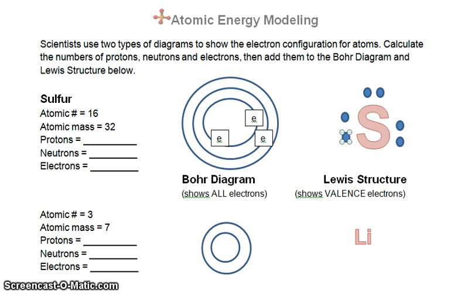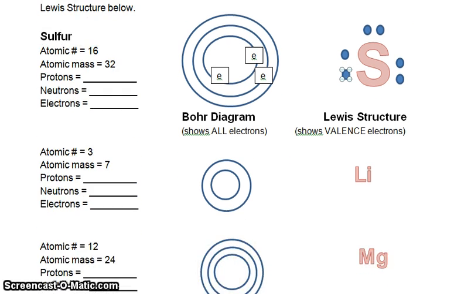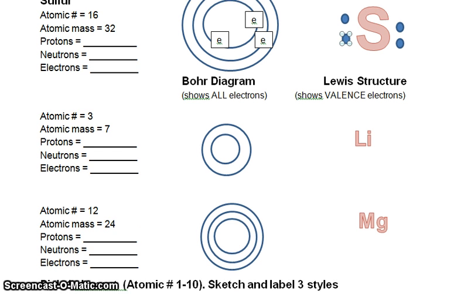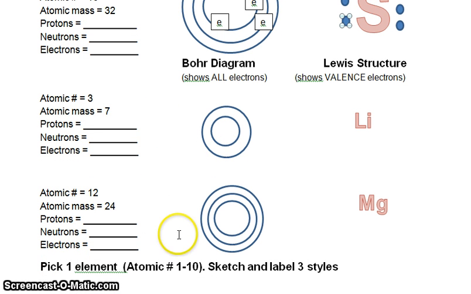So you're going to continue on and do the next elements. And please, above it, write down what the element name is. How would you find out the element name? Well, there's only one element that has an atomic number 3. But I also gave you a little hint over here by writing out the symbol for that particular element in the Lewis structure. So you'll do these next 2 examples here, and then pause it,